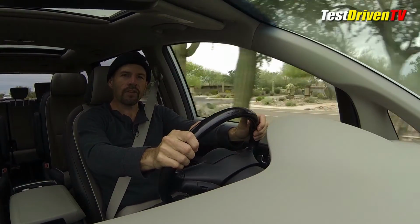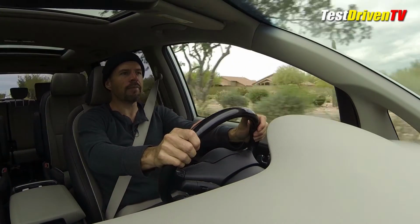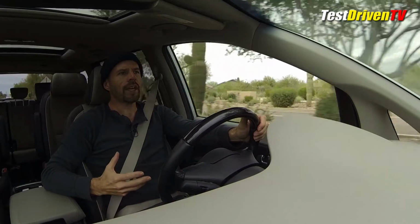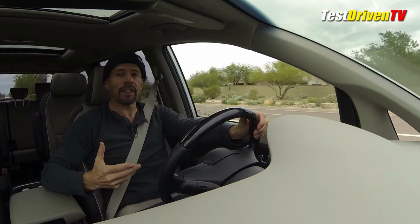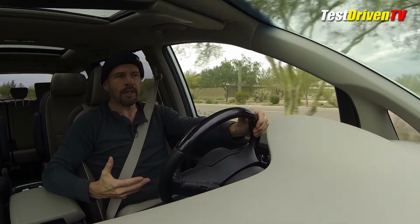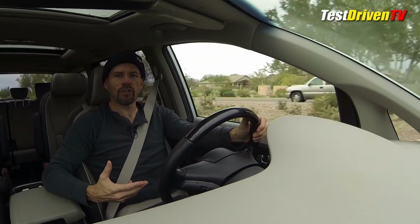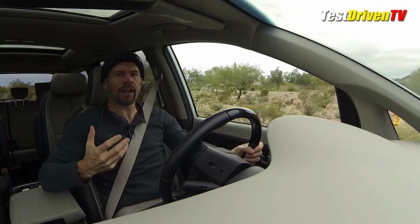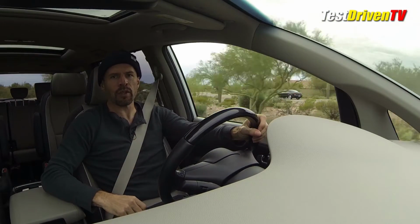Now this engine delivers its horsepower in a pretty smooth and refined manner for being such a small engine and so highly tuned. The only area where I wonder if it has enough is in the area of torque. This being a minivan, people are going to have a lot of passengers in this, a lot of gear, road trips, camping. Torque really comes in handy, and that's the only area I wonder how capable this engine really is